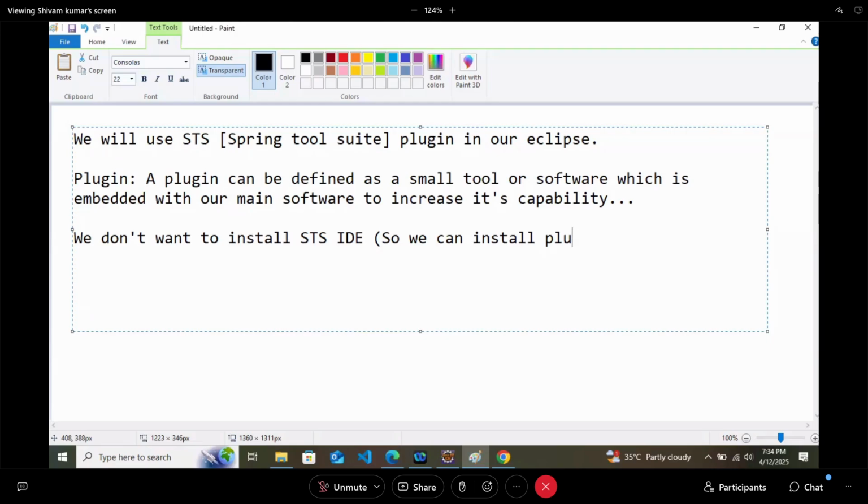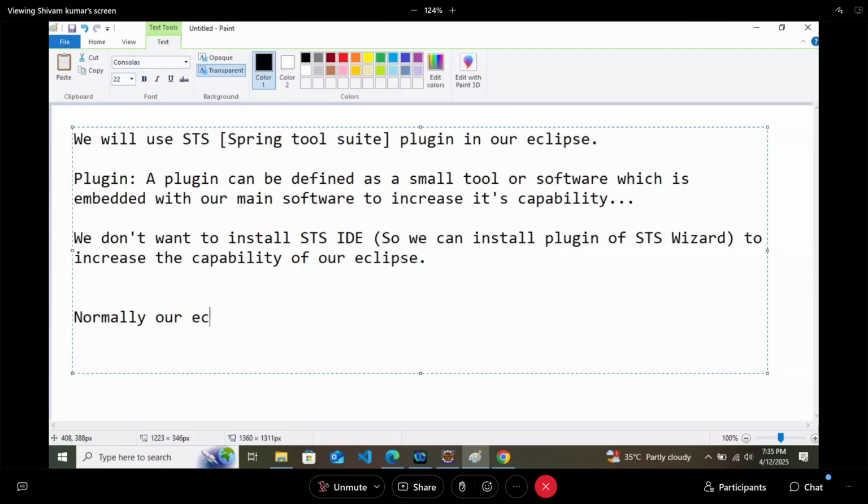We can install the plugin of STS Wizard to increase the capability of our Eclipse. What capability will get increased?